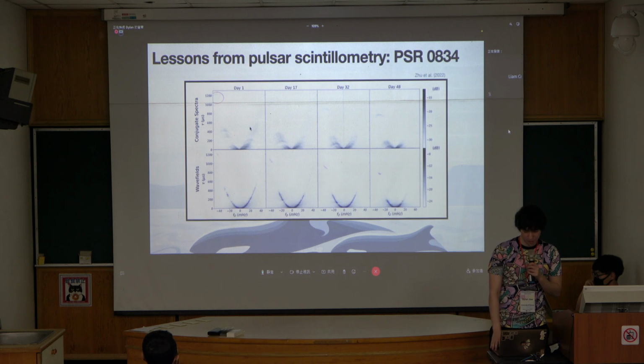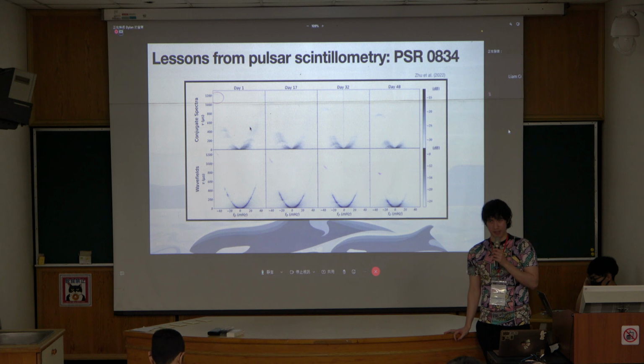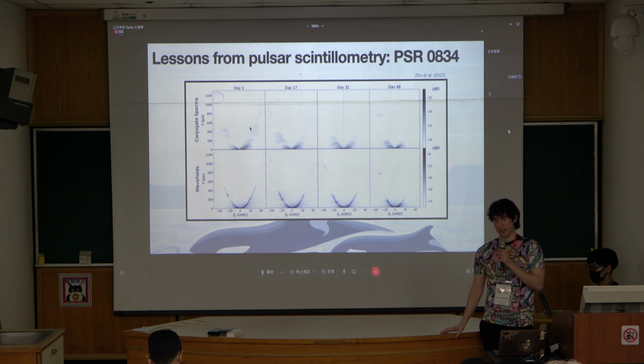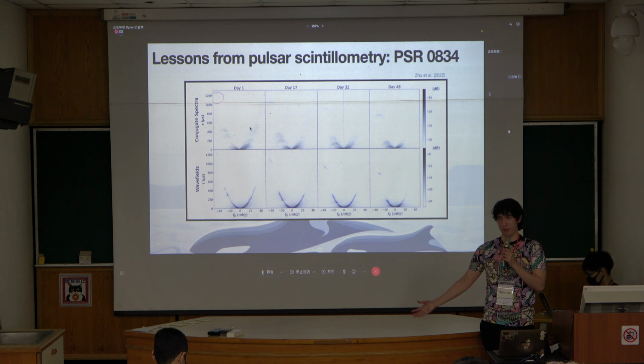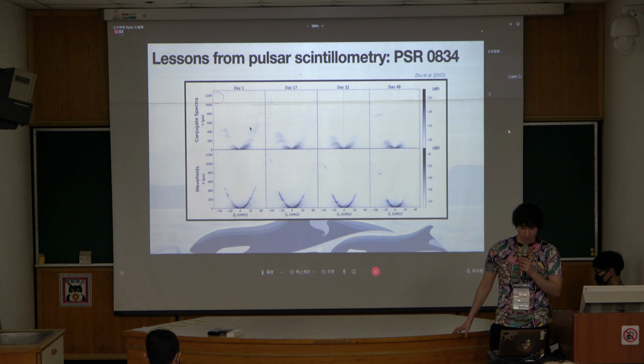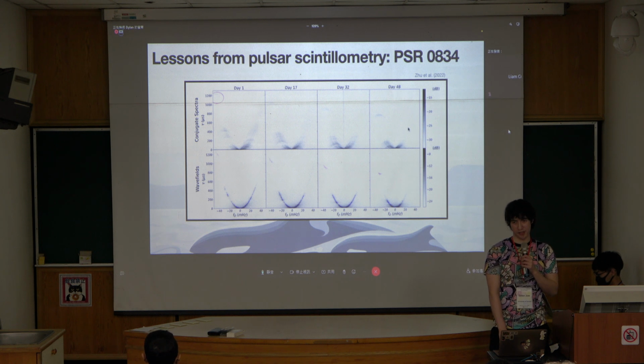Okay, so now just to switch gears slightly, we can maybe take lessons from pulsar scintillometry, right? Pulsar scintillometry is a slightly older field, so if you want to learn things about the propagation effects of FRBs, maybe it's a good idea to think about how pulsars behave, right? The physics is kind of similar. So this is a famous event, famous to pulsar astronomers, from pulsar 0834,